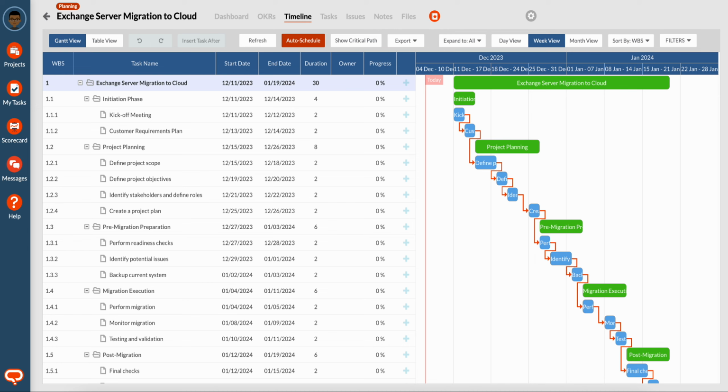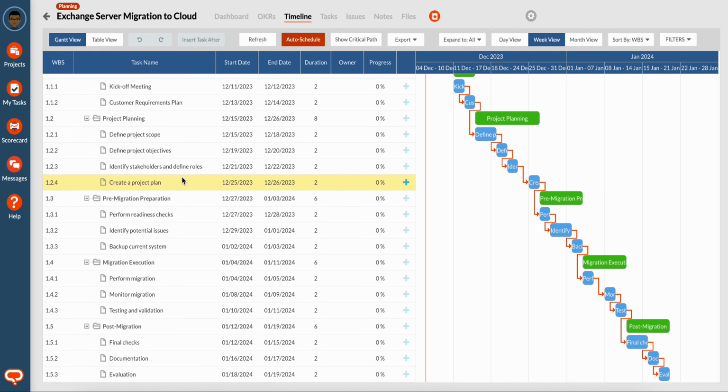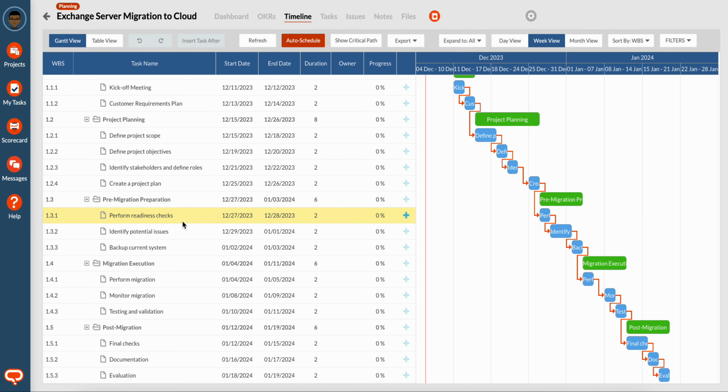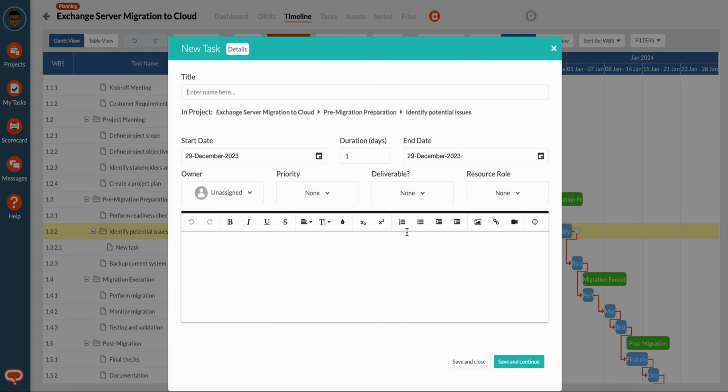Let's talk about things that we might want to change after we've done this initial plan. The first thing that we might want to change is we might want to refine a particular task into subtasks. In that situation, we come to the task involved, and we click the plus button and start creating subtasks. So let's say that identifying potential issues involves